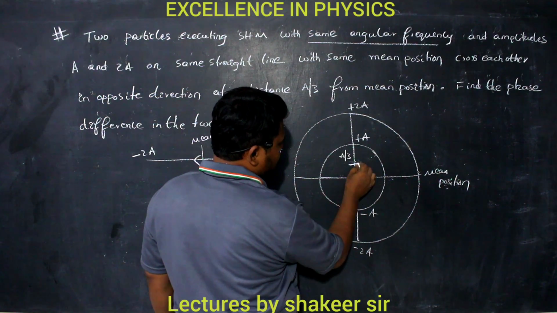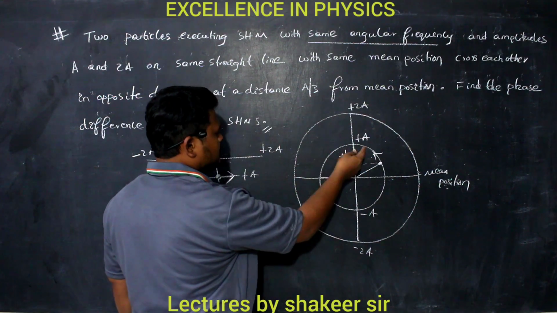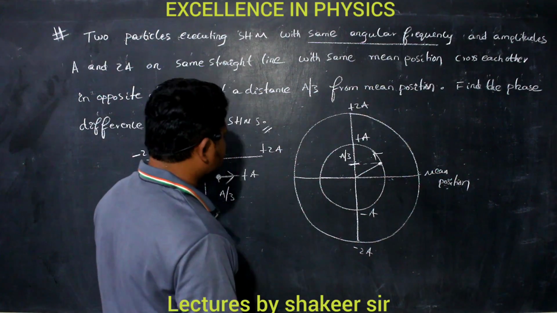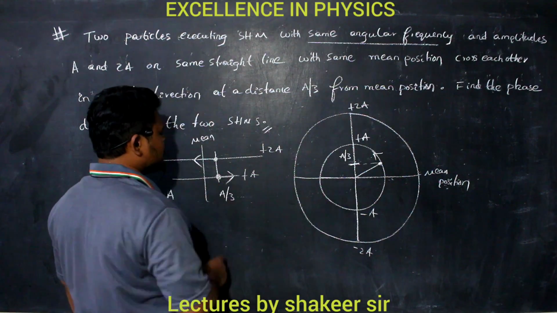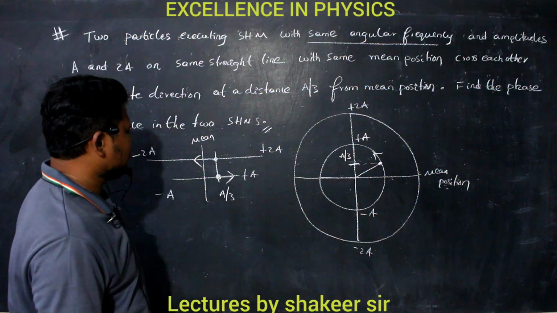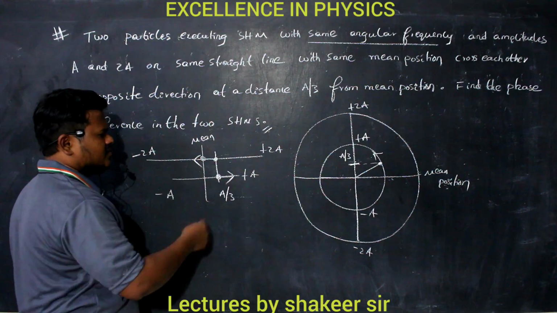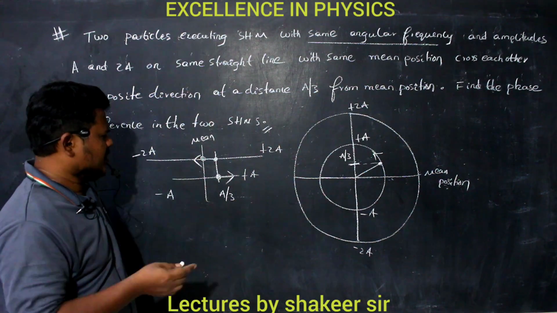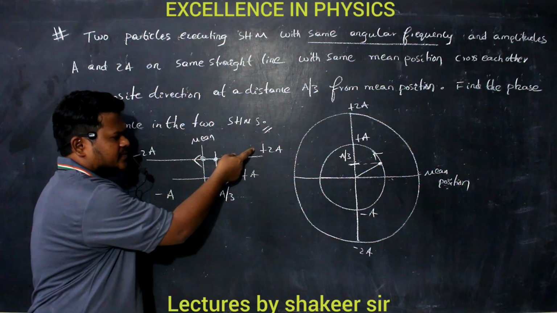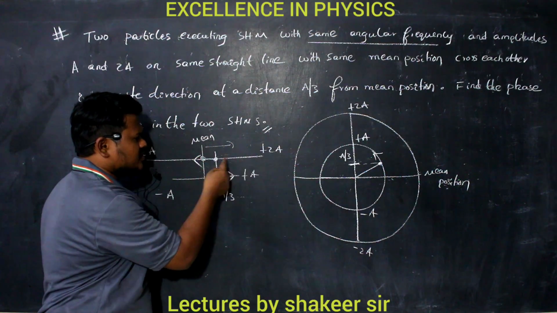So my path is present here. The particle is traveling in this direction and crossing the mean position. It means it is going away from the mean position. Are you able to understand? And the second particle is also present at the same displacement, but it is going towards the mean position now. It means this particle should have started from the mean position only, no? So this sign convention you should always remember. Any particle we consider has started from the mean position towards plus A. So it should have traveled like this, reached A, and now it is returning back.